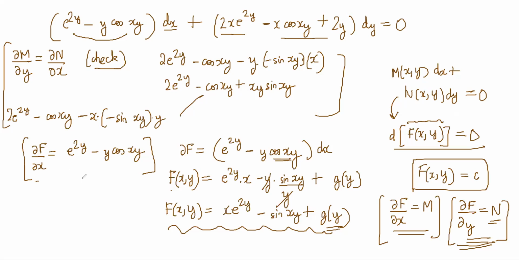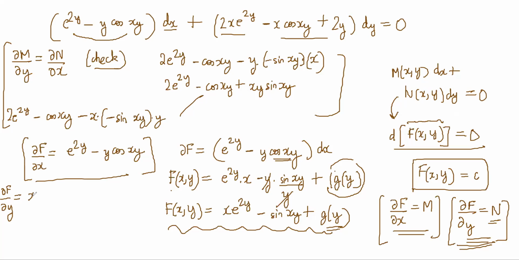What we did here was integrate to get f, right? We integrated this equation to try to get f. But the problem that came was there was an unknown g of y. So now we have to remove that unknown. So I'm going to try to differentiate f with respect to y. So dou f by dou y should be equal to, with respect to y,